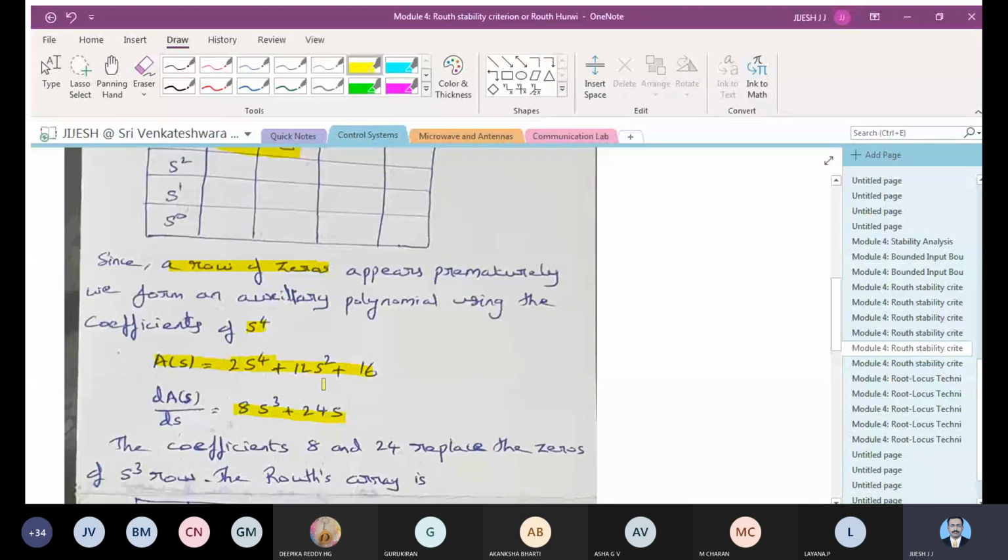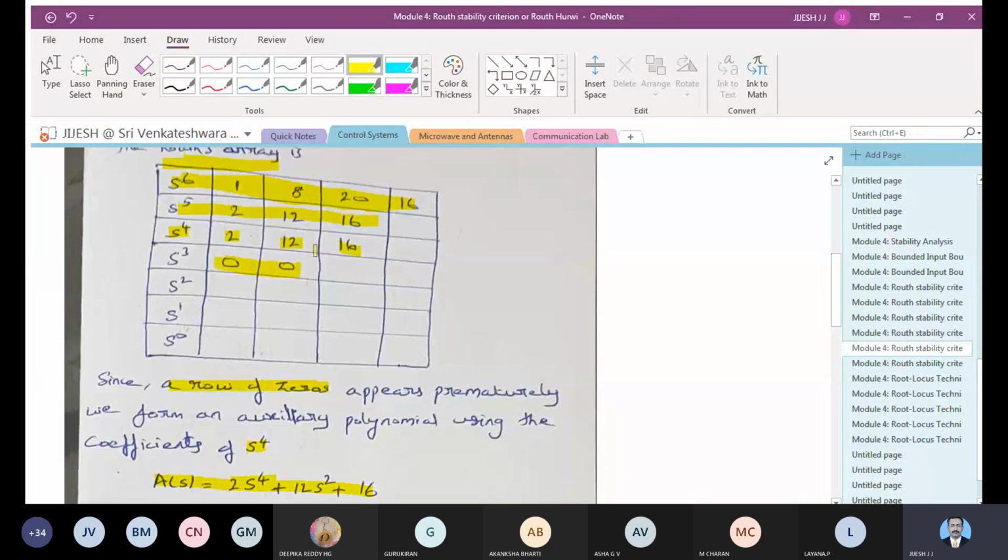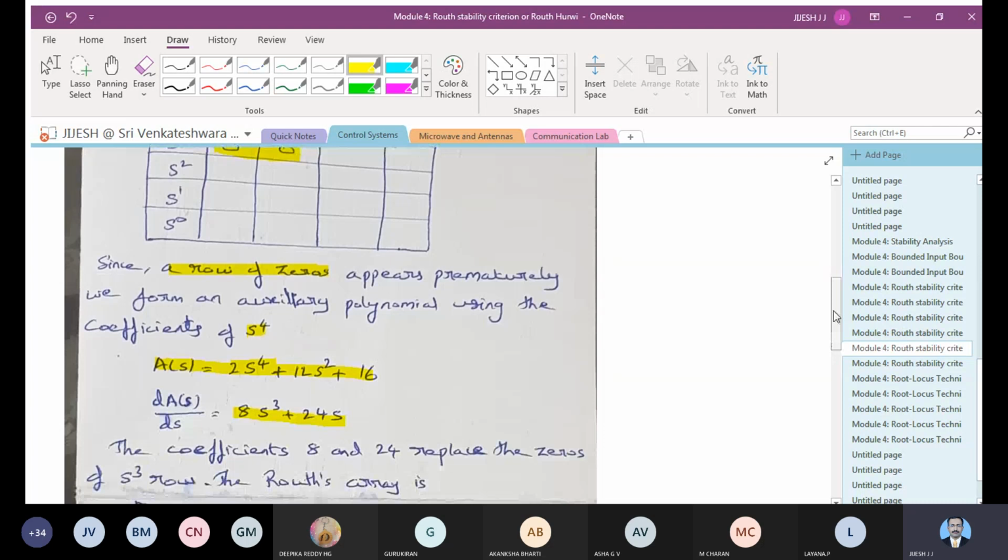Yes. So all of you can complete till here, and then we will try to explain it further by using this differentiation of that equation. So all of you understood that when zeros come, how to rewrite the equation? From this coefficient, sir. You need to write it down. Okay, so don't make a mistake by writing 2s raised to 4 plus 12s cube and all. It is 2s raised to 4 plus 12s square itself. So you will have to write then 16 like that. You have to write it because it is the same method you followed when writing the coefficients for s to the power of 6 and s to the power of 5.